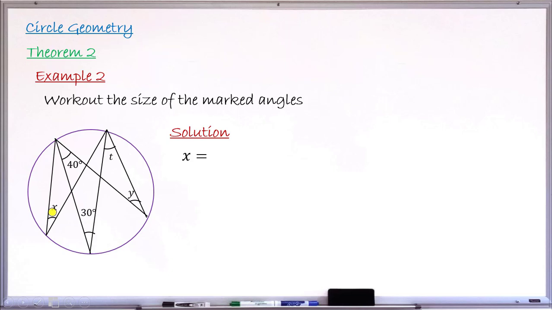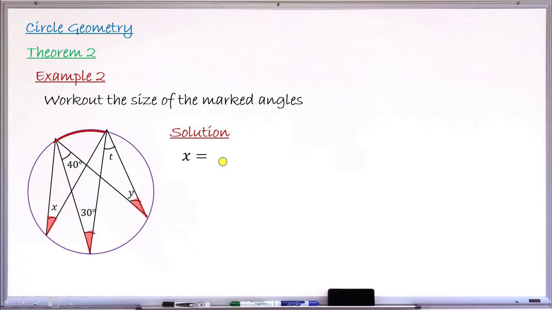This angle X is an angle subtended by this very arc. Look at the arc, I just colored it, right? It is this arc that formed this angle X at the circumference. And the same arc also formed the angle 30 and formed angle Y. So you can see these three angles are angles subtended by the same arc. And those three angles, if you look at it critically, they are also on the same segment of this very circle. Based on the theorem that you have just learned, these three angles, X, 30, and Y are always equal,